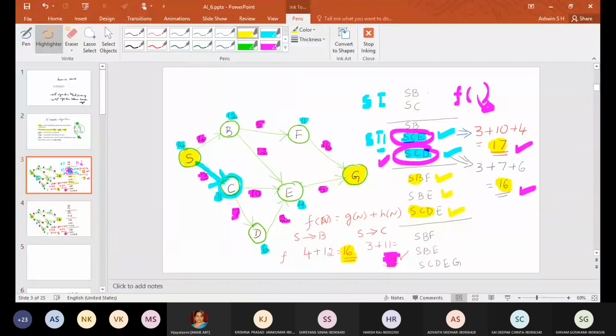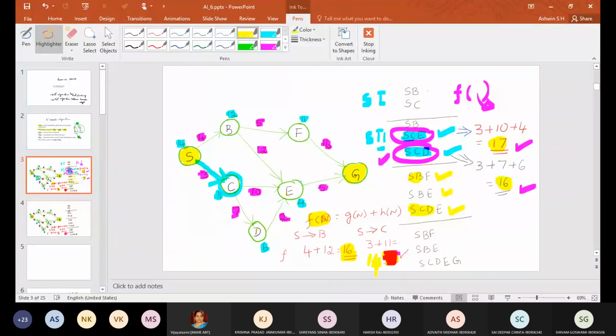Okay, why I have considered this, definitely you will get a doubt. Why has madam considered this SB again? It is simple. Even one step back or two steps back, you can go and find out whether any smaller value is available or not. When we started with the first step, this was greater than 14, so we neglected it. But when we come to the second step, we have 17, so we can neglect 17, but we have 16 here and 16 here.